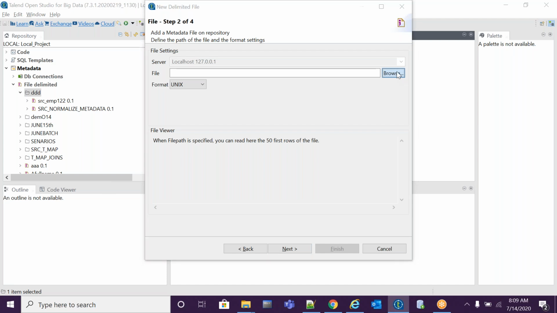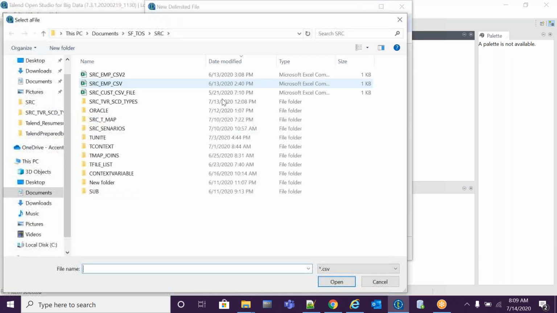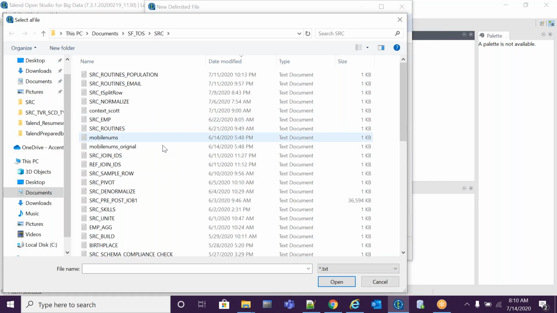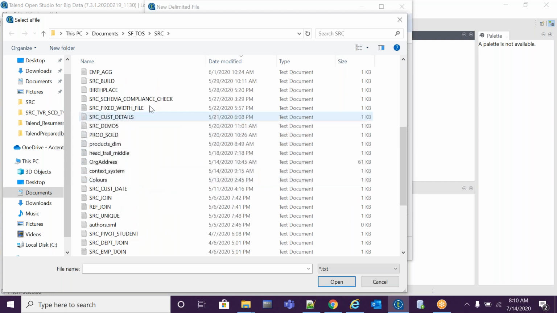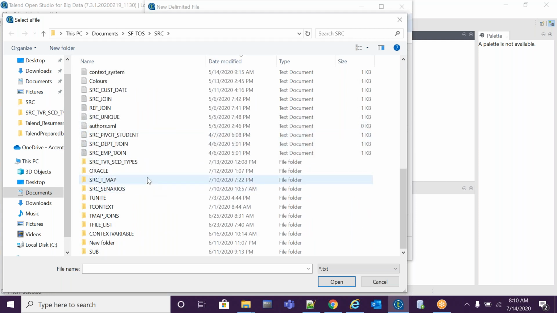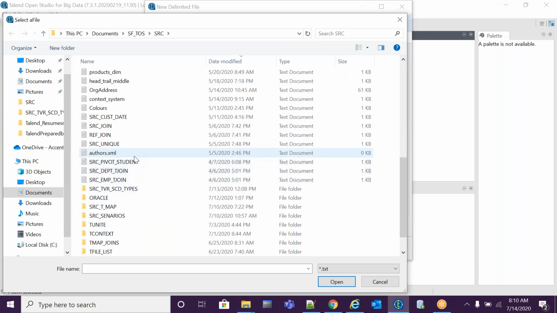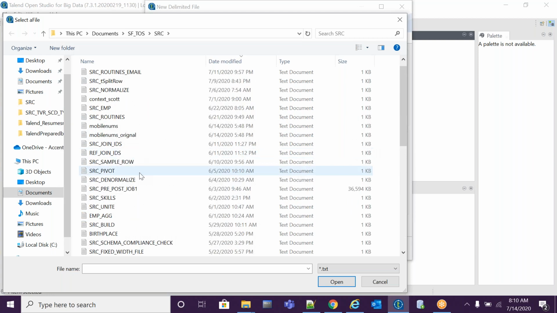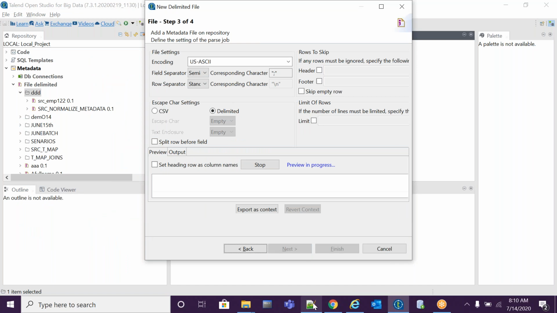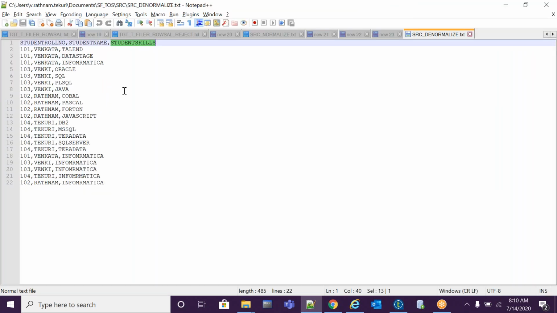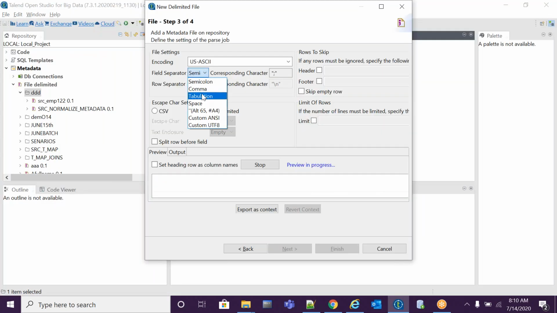Browse the file, same process as we did earlier. Select the denormalize file and click on next. What is the delimiter? Here it's a comma. Field separator is comma.